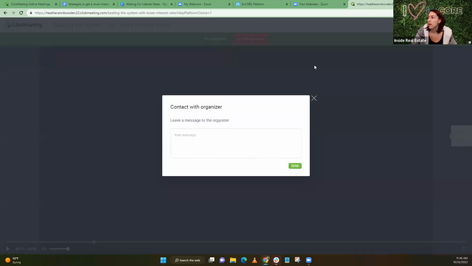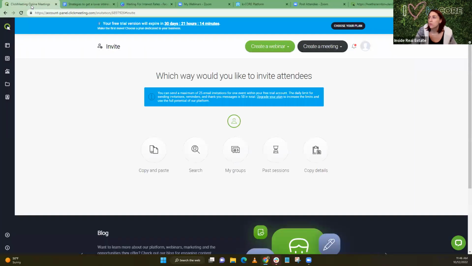And I think it's just kind of glitching because I'm also zooming at the same time, but that's kind of what happens. So they can leave a message if they want to, and then you'll get that message. I think it'll probably email to you from Click Meeting. So that's how you get the